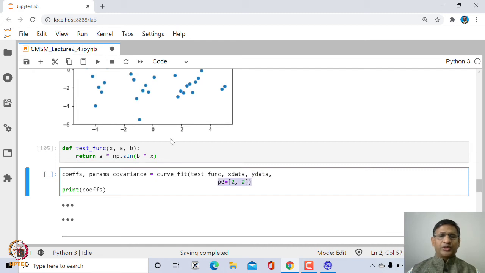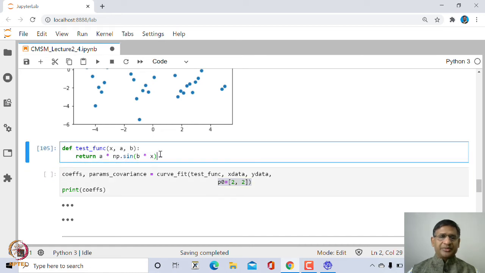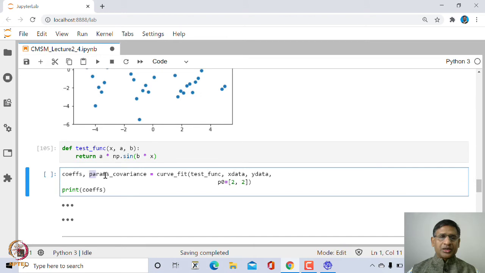Since it is a numerical method, you need to mention the initial guess values for these parameters a and b. So it returns two things. One, it will return approximate value of these parameters a and b, and it will also return covariance matrix of these parameters a and b, some kind of errors, right.